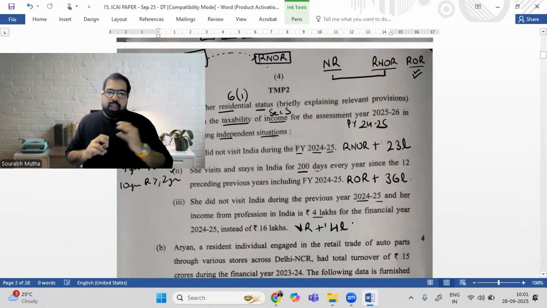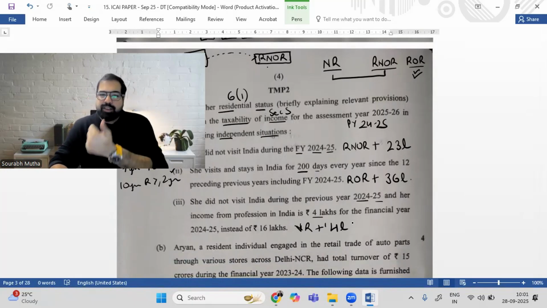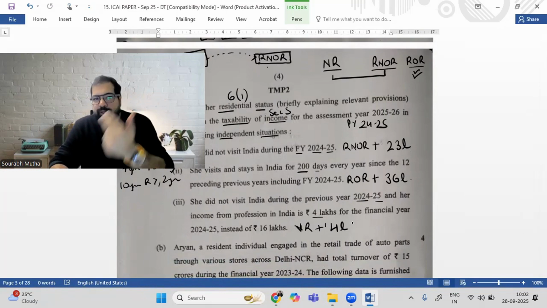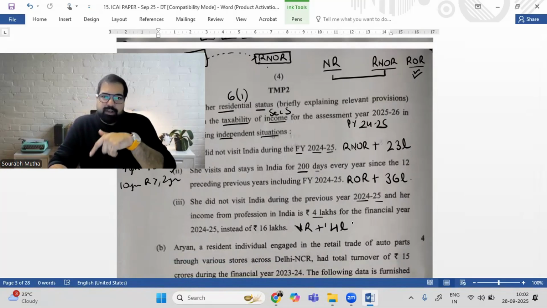Now let's present. How do you present it? First, you put the facts. FLC is the way you present. So first you put the facts. The facts are she's Shweta, she's a chartered accountant, has a firm in India, and she's also providing services abroad. That's the facts of the case, and she's not being taxed in that country. Facts. Next, law. As per section 6(1), she will have to fulfill any of the following conditions to become a resident in India: 182 days.